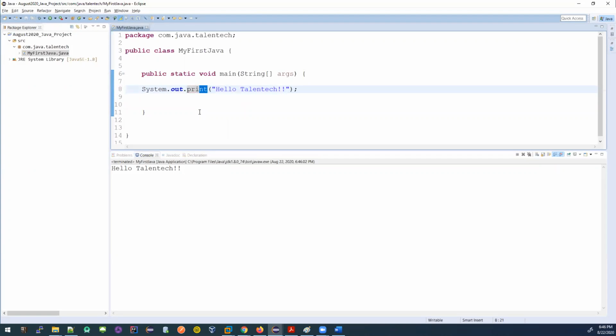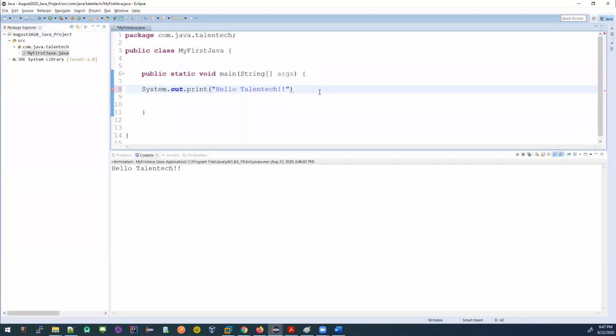It's showing you the error mark. It's showing you if there are some problems. I mean, if I don't have the semicolon, there is the error, right? If you take the cursor, see, if you take the cursor, it will tell you syntax error. And every time you get some errors, I will suggest you read the error. In 99% of cases, most problems get solved when you read the error. It gives you the instructions in most cases. You take the cursor, it's telling me syntax error, insert semicolon to complete block statement.